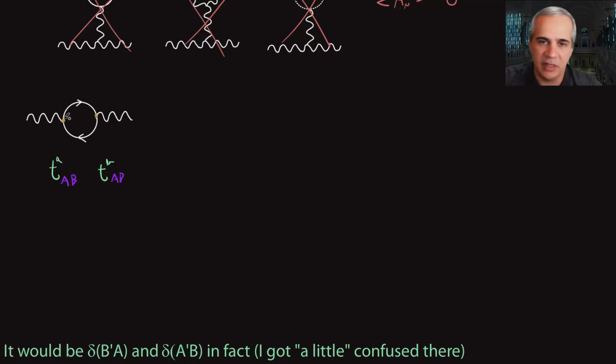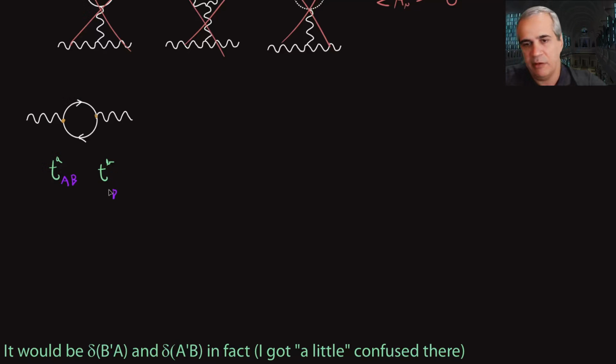These indexes on the left and on the right will be contracted like that, and that's a trace in the space of these matrices. If you do it carefully, because one will be delta a prime and the other will be delta b prime b, the way this is contracted is in a loop, so you end up with